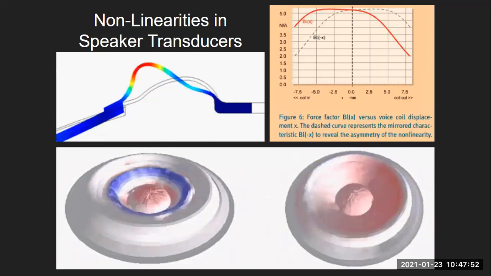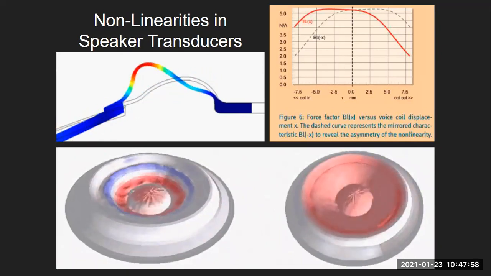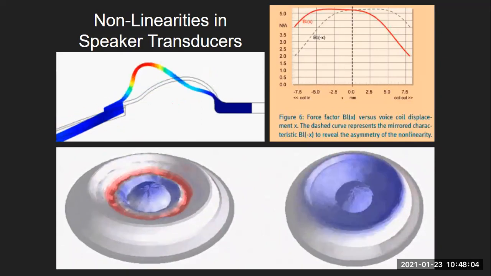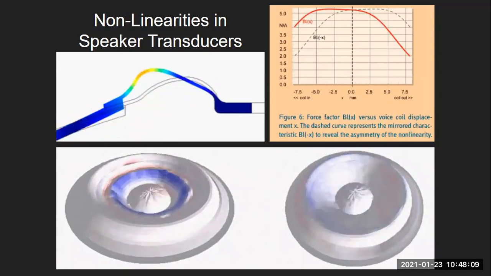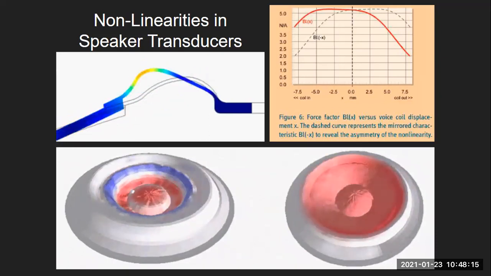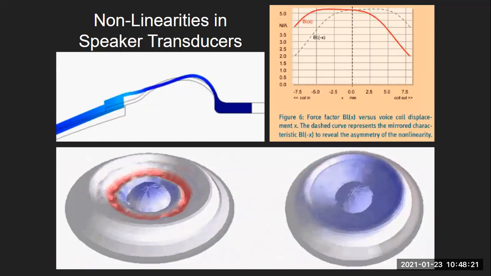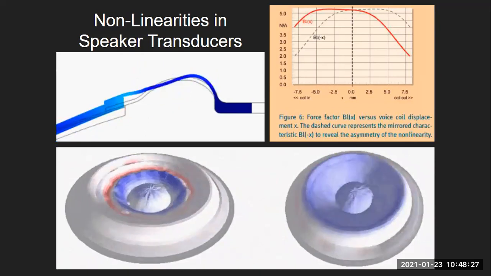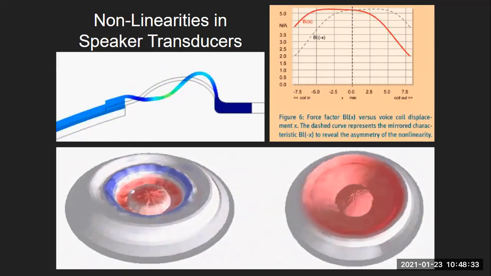In the top left, we have an example of what happens when you don't pay attention to more of what Holly was talking about, the idea of a fundamental resonant frequency of a component. If you excite it, then it can induce reflections back into the cone that then distort the sound even further. Even if the cone would normally be operating pistonically, the surround sometimes can act in a way that does not make it easy to reproduce sound cleanly. Same with all other components. You have these sort of failures that you've got to watch out for, if those failures are happening within the bandwidth that the speaker is playing.